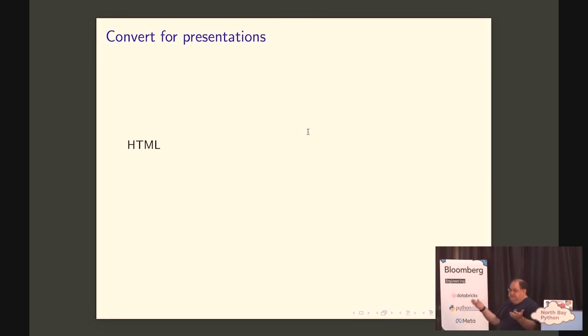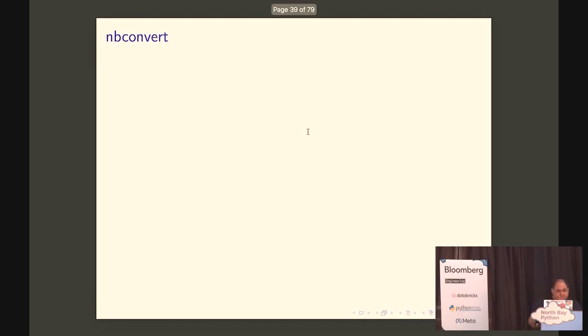Some of the time you'll want to convert it to HTML, which is a great option, and it has out-of-the-box conversions to HTML that work just fine. You can convert it to PDF, which also works fine, and you have a few options. There's even built-in slide support, so you can export it into something basically backed by Reveal.js. That works great too. But you also have other options if you want tighter control of your output.